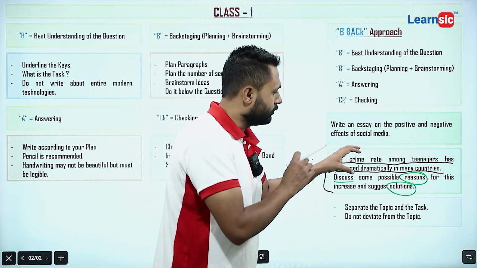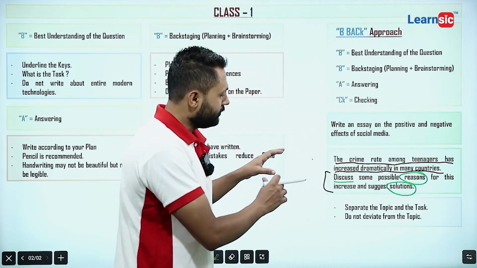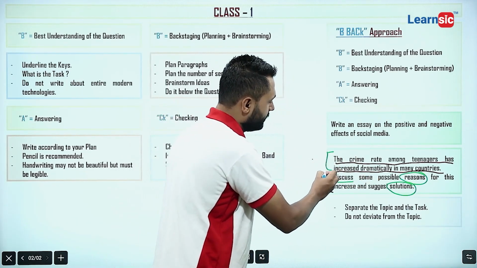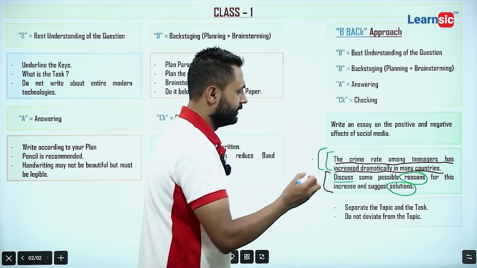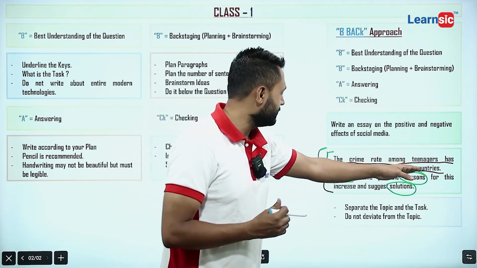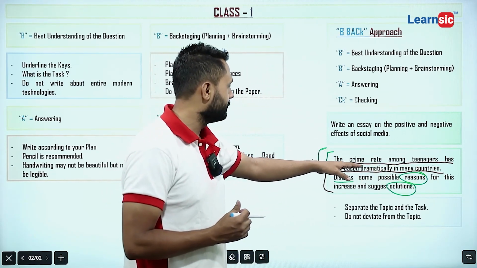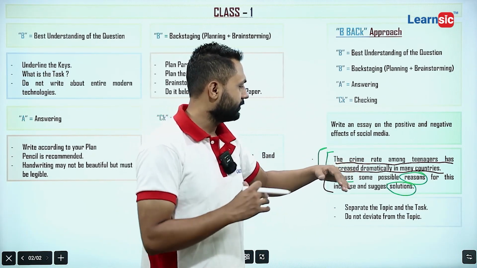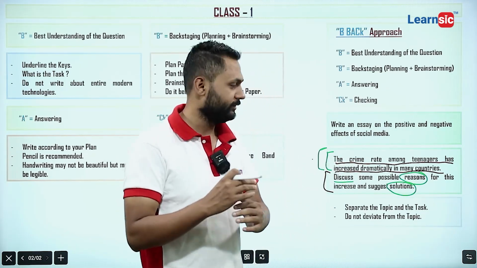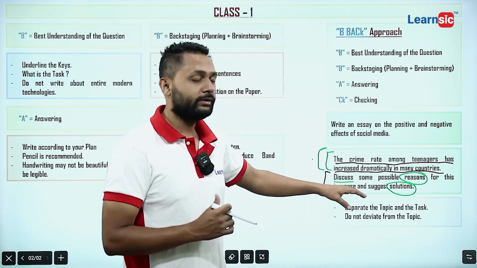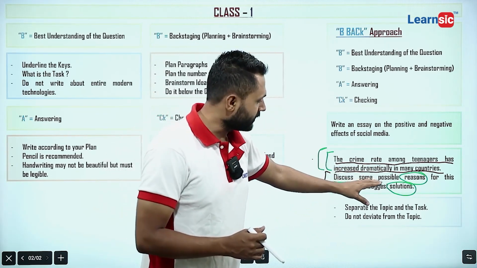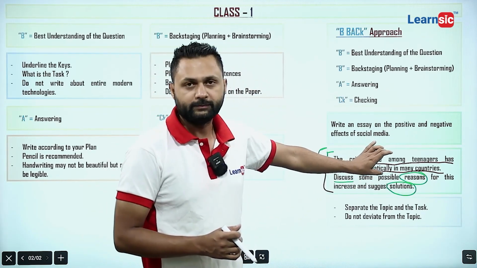So what you need to do in this essay is you need to discuss the reason for this and the solution for this. Reasons for teenage crime, reasons behind the increment of teenage crimes, and how can we solve it. So this is the task and this is the topic. Okay,